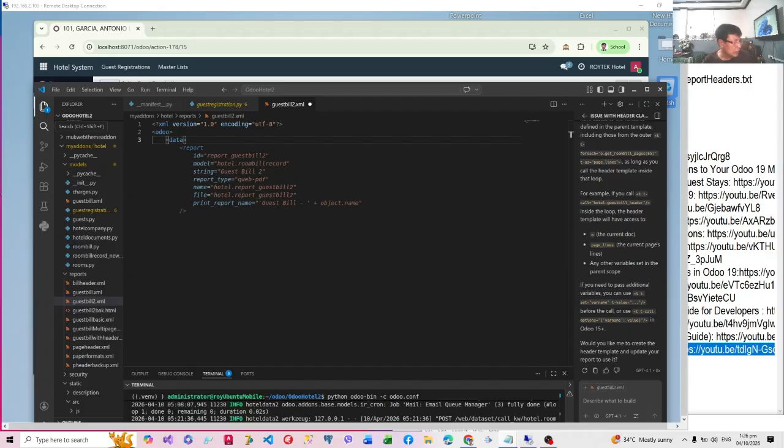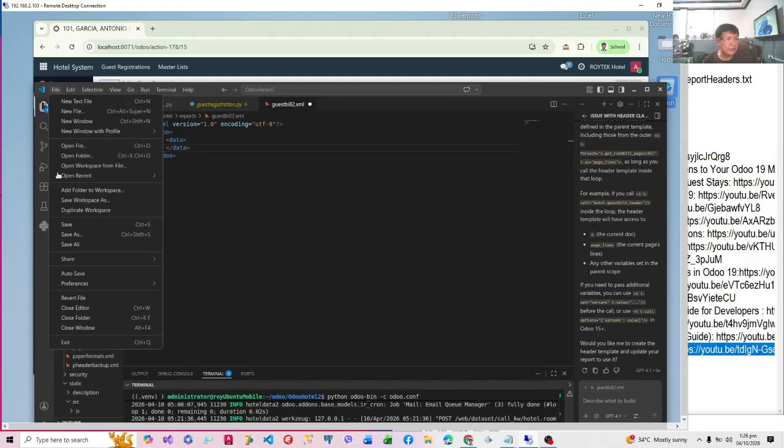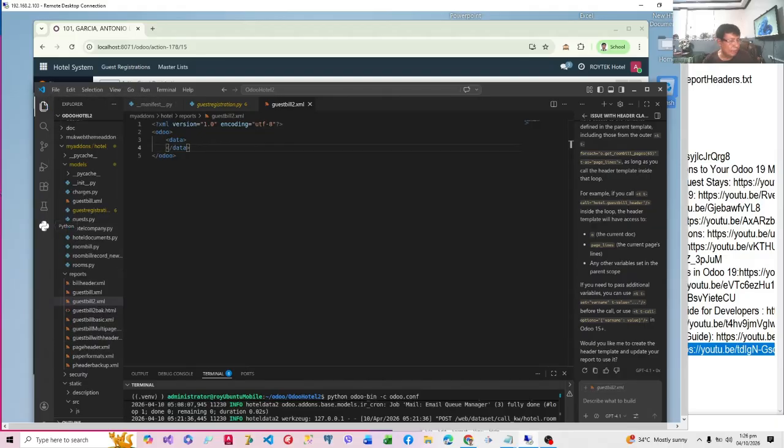And of course, at the end, we will have the data and the Odoo. Okay, so that's the basic contents. Let's just press escape. Escape again. And let's save this. So we have an ordinary XML.